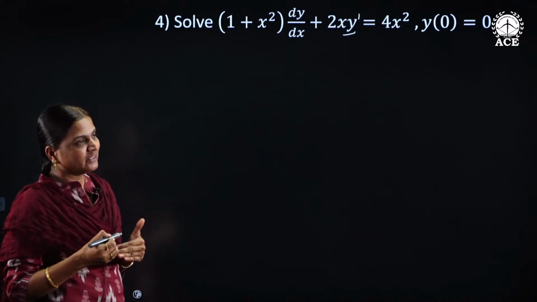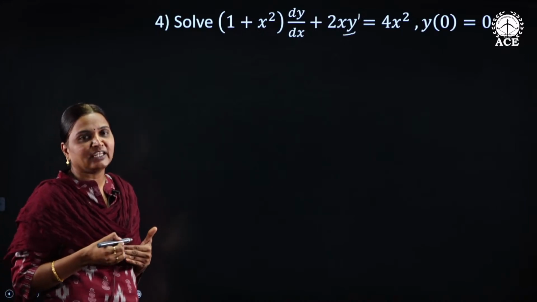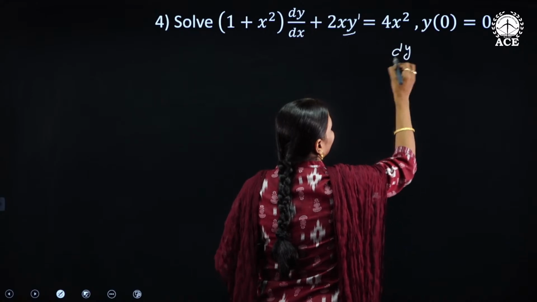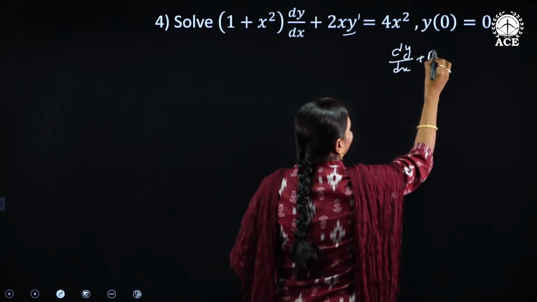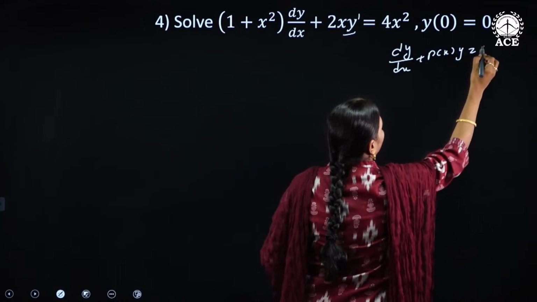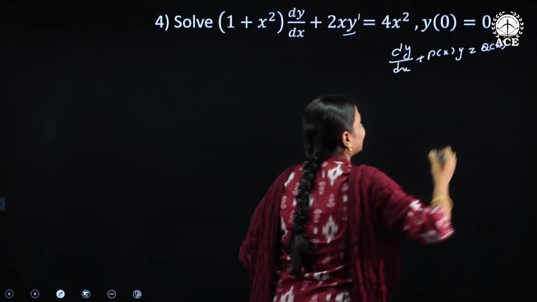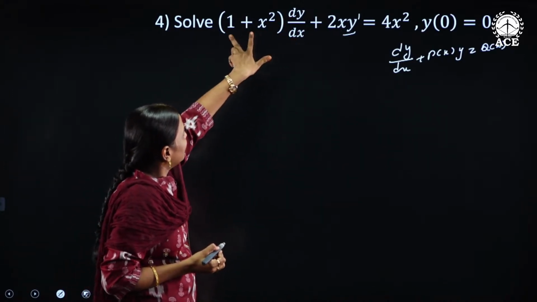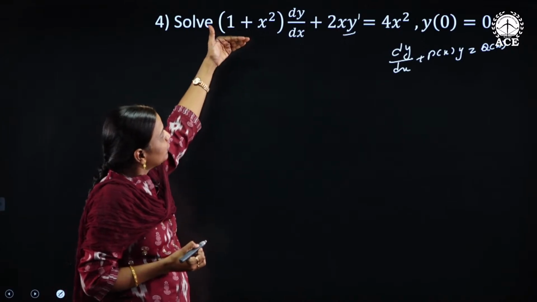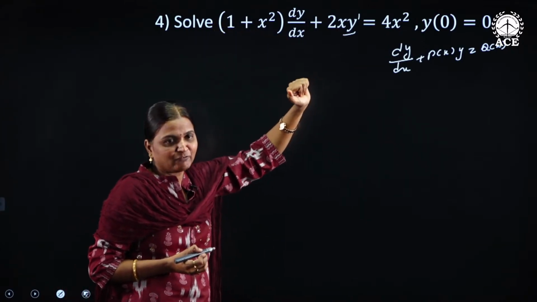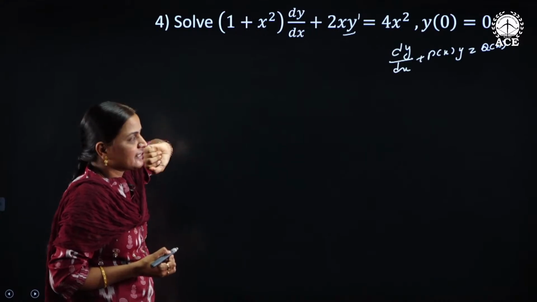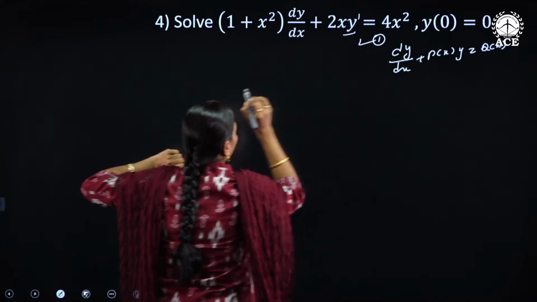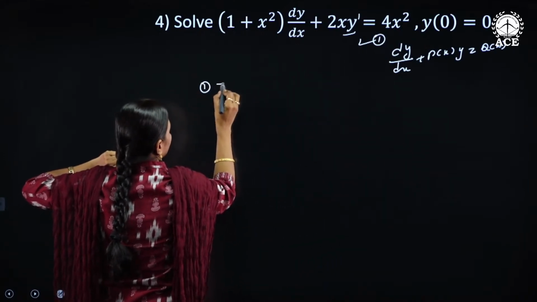What is the standard form of a linear differential equation in y? The standard form is dy by dx plus p of x into y is equal to q of x. But the given differential equation is not in the standard form because dy by dx has a coefficient 1 plus x square. So how to write this differential equation in the standard form? By dividing with 1 plus x square. If we consider equation 1, it can be written as